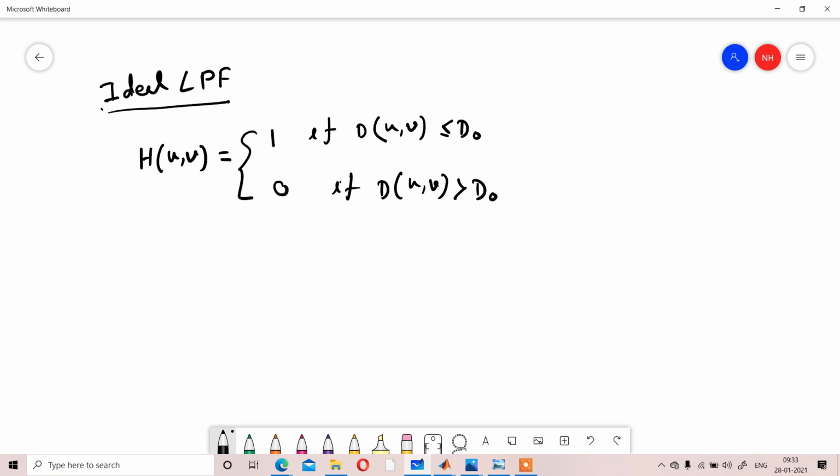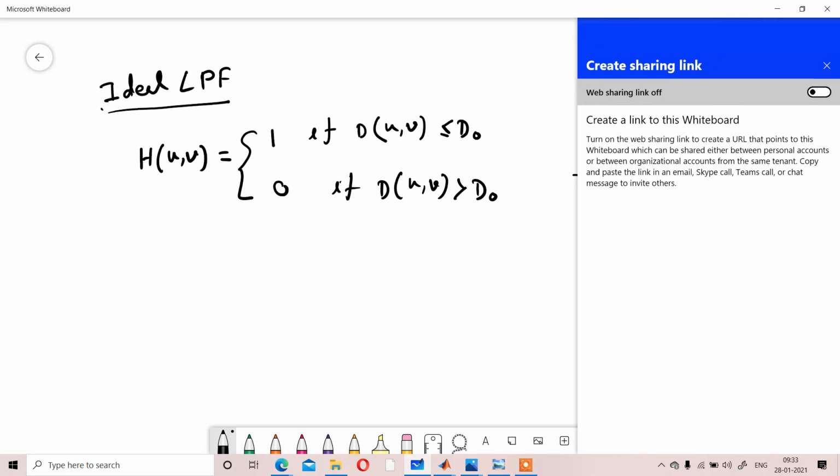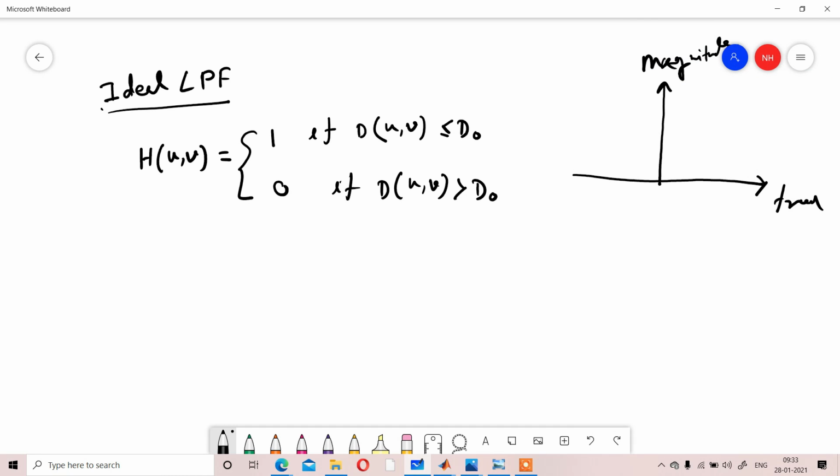In the ideal low pass filter, D naught is obviously equal to omega C, and D(u,v) defines any point, any frequency range, over that x-axis.